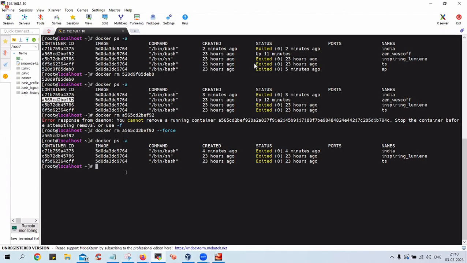Now there can be a use case where you want to delete multiple containers. Simple logic: docker rm, put the first container details, then give a space. Don't use commas, guys. Put the second container details, the third, or a fourth. Separate them by spaces. Generally we have a habit of putting commas, but in Docker, please don't use commas. And the next thing is,